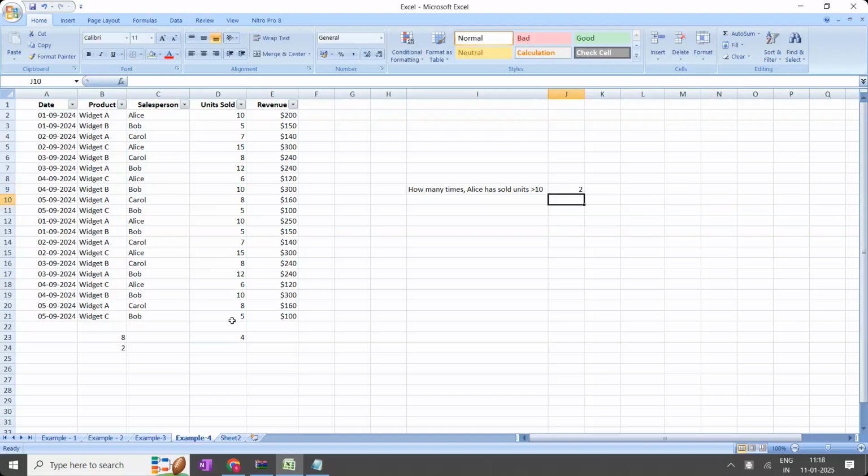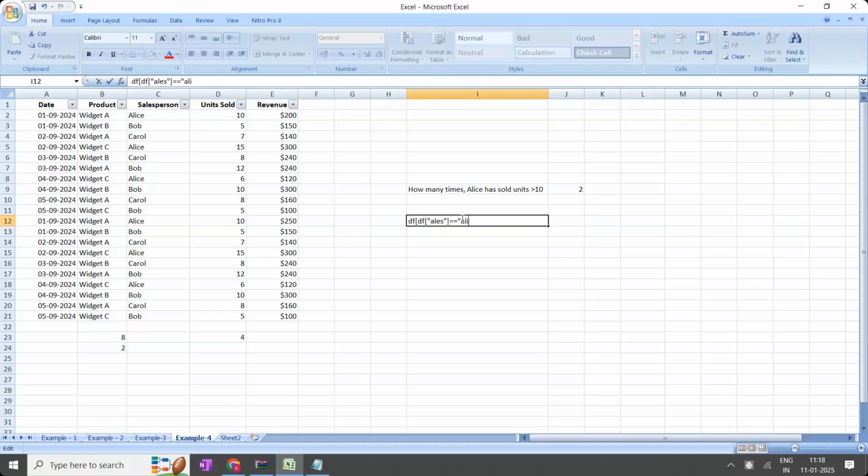Is the point clear, everyone? Now, tell me whether writing the condition this way is easy, or going with the second option, df of. What is the second option? Within the data frame, df of salesperson is equal to Alice.